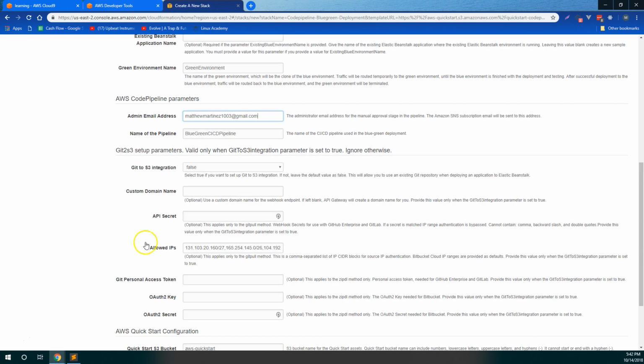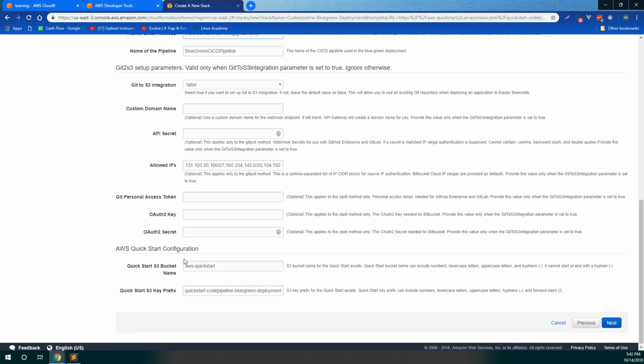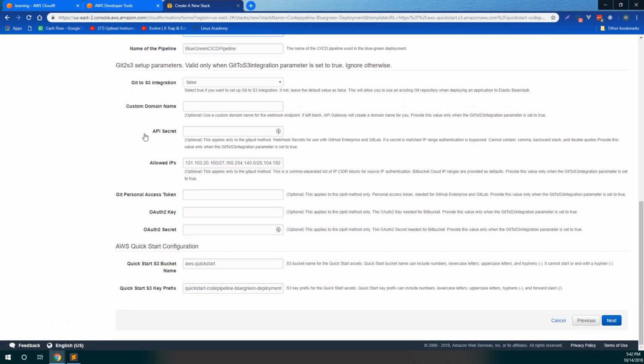Now, once again, we're not going to integrate Git, so we can skip all of the Git parameters here. However, if you want to use this solution in your company, then this is where you would set the Git integration to true, and then provide a custom domain name if you want, and then finally provide an API secret to integrate GitHub or GitLab. Once again though, we're going to leave this blank and move on to the next field, which is the Quick Start S3 bucket name,